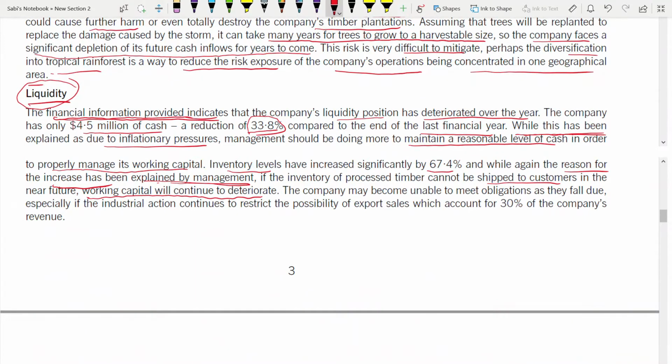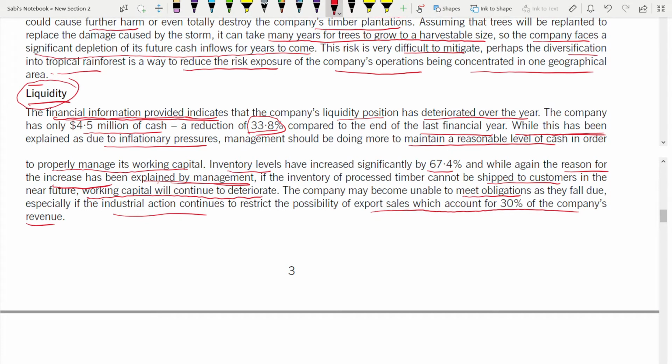The company may become unable to meet obligations as they fall due, especially if the industrial action continues to restrict the possibility of export sales, which accounts for 30% of the company's revenue. Okay. So in this case, if their liquidity is suffering, remember they have taken a bank loan. So they have to pay it. So they will be unable to meet the obligations. They cannot pay the bank the loan and the interest if this continues happening, because their cash is also declining,